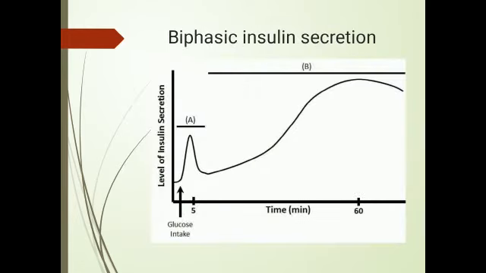Biphasic insulin secretion. Glucose-stimulated insulin secretion consists of a transient first phase followed by a sustained second phase. The first phase involves the release of the readily releasable pool present already at the cell membrane. They discharge the insulin in response to nutrient and also non-nutrient secretagogues. By contrast, the second phase, that is the slow and sustained phase, is evoked exclusively by the nutrients and involves the mobilization of intracellular granules to the plasma membrane to enable exocytosis.